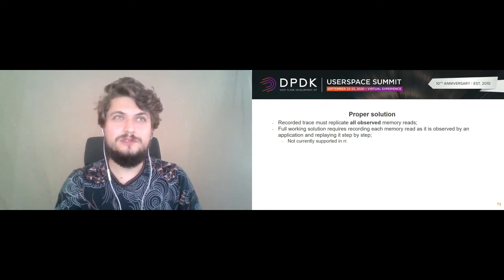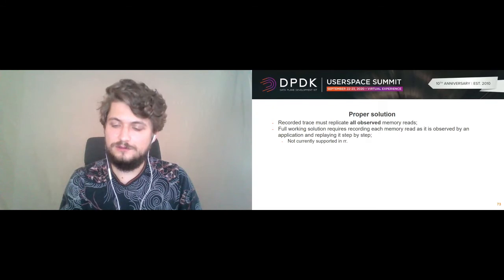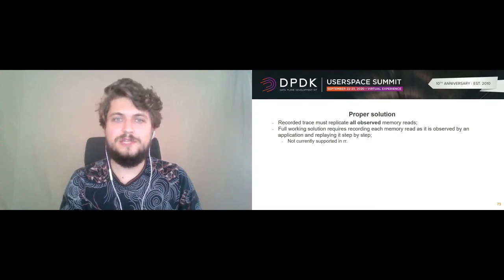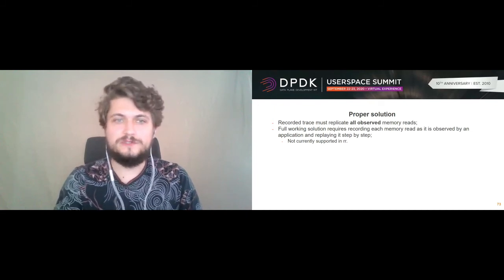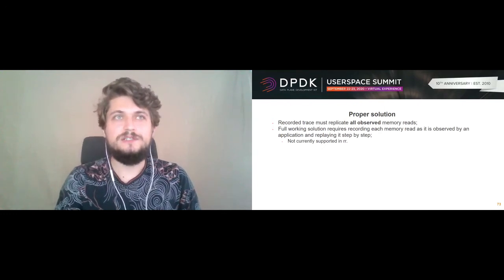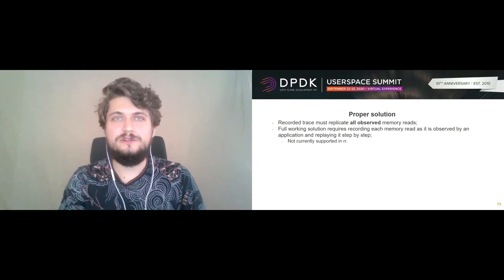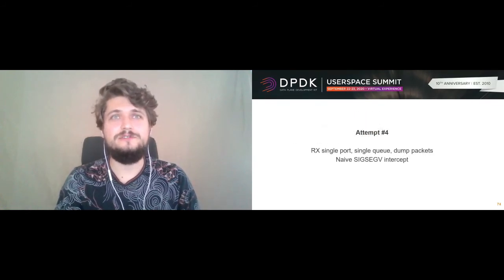Preferably, we would only see the memory read by the application at the time of read, not at the time when the change in memory happened, because we only care about how the application behaves. This type of mechanism is not currently supported in RR, but I managed to give it a shot